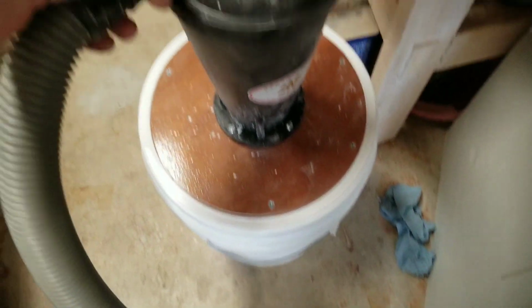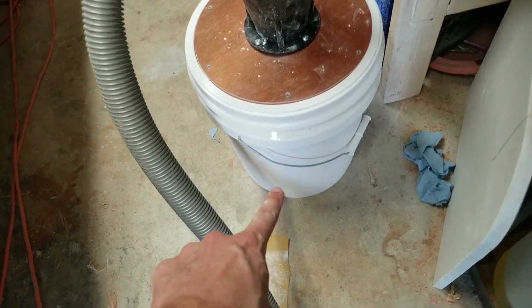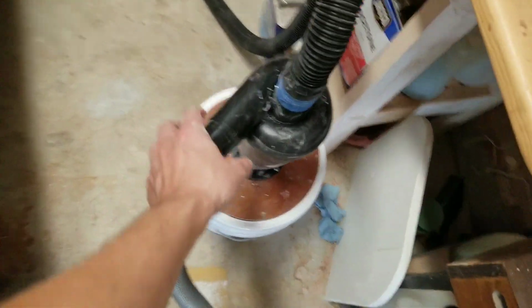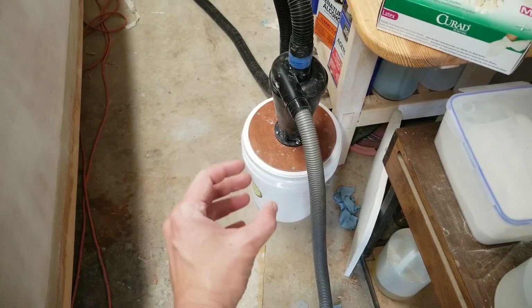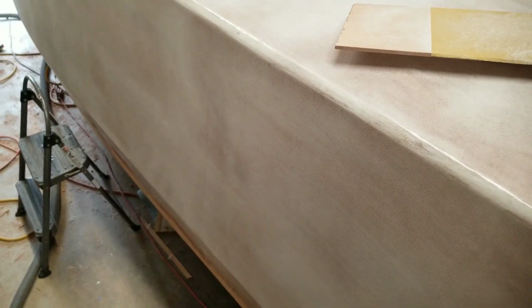It's the first time I've been using it. It works really good. No dust in the shop vac. It's all going into here, plenty of suction, but my 5-gallon bucket is starting to implode, so I need to reinforce it somehow. I've got some wood stuck in there to keep it from imploding, but that's another project. So most of the hull has been sanded with the half sheet sander with 80 grit sandpaper, and